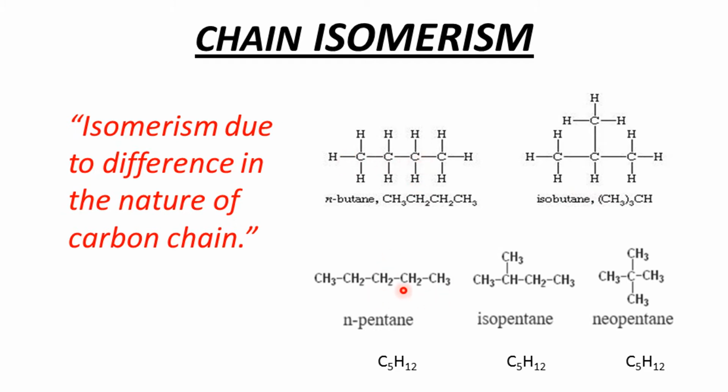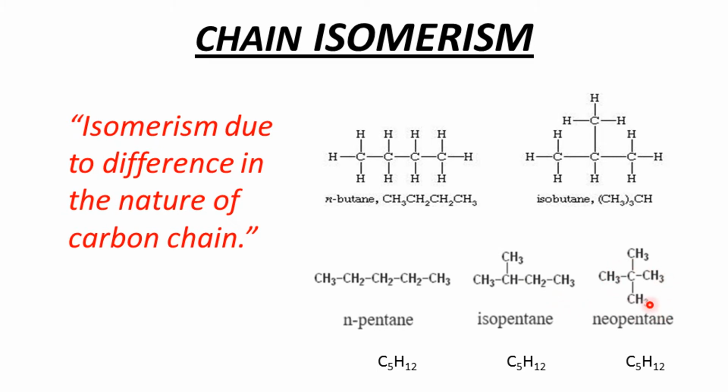Same is the case with n-pentane, normal pentane. This is the pentane chain of hydrocarbons, 1, 2, 3, 4 and 5. So this is an aliphatic saturated alkane. Its molecular formula is C5H12. Now you will see here we are having one methyl group removed from the end of the chain and attached as a side branch to the main chain of the hydrocarbon. Now the main chain is reduced to butane and the methyl group is attached at the second position. So this is isopentane. This is its common name, but its IUPAC name is 2-methylbutane, having molecular formula C5H12.